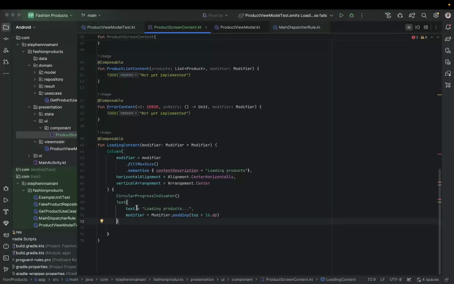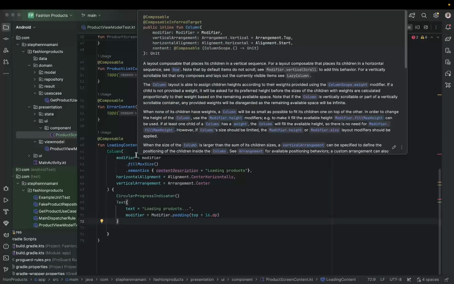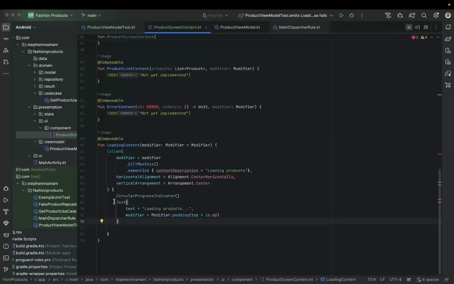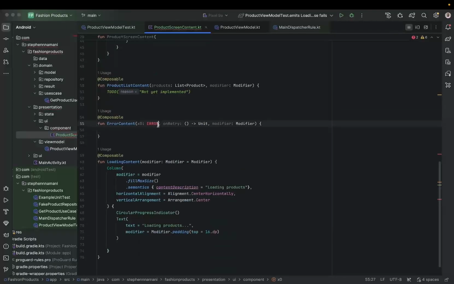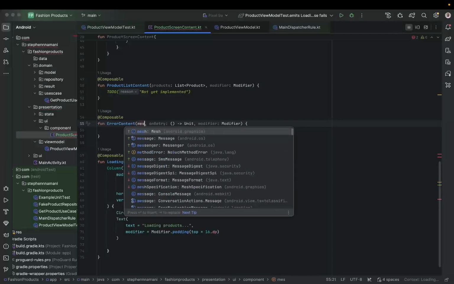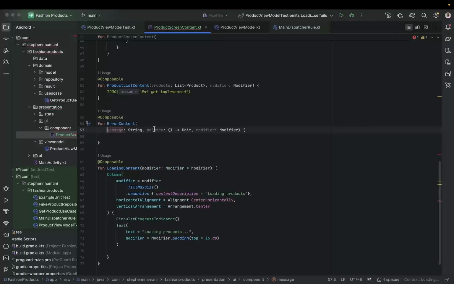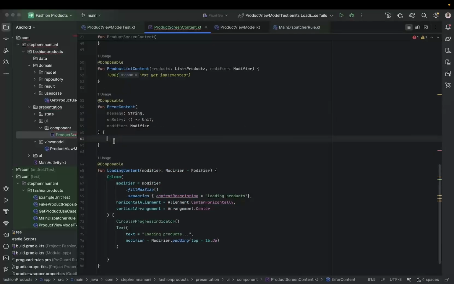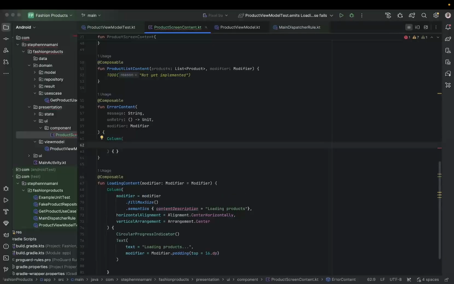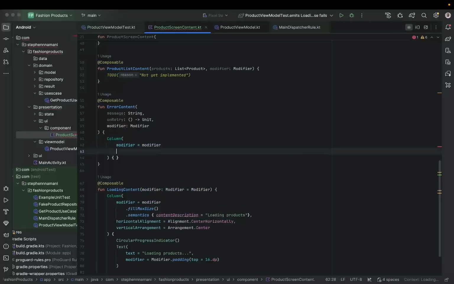Okay, so now we have our loading content that shows us our progress indicator. So now let's flesh out our error content and move all the way up. So here we're going to have message, an actual message, and that message is going to be of string type. So we can just make this on new lines. So here we're going to add another column for our error content, then add our modifier, set that to modifier